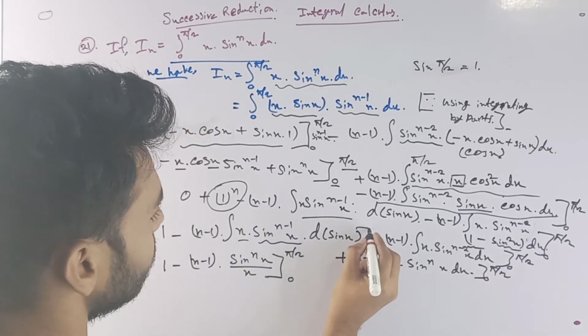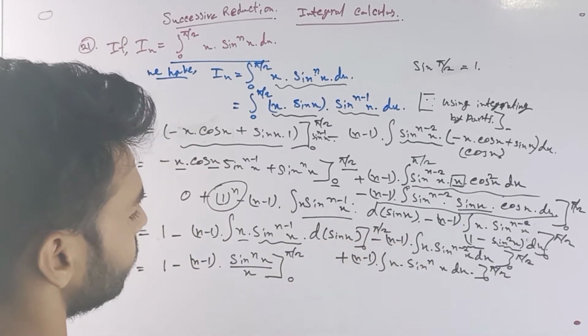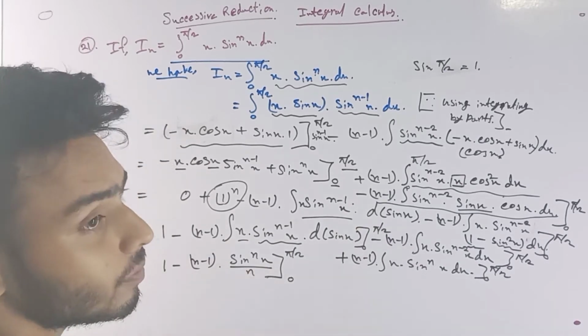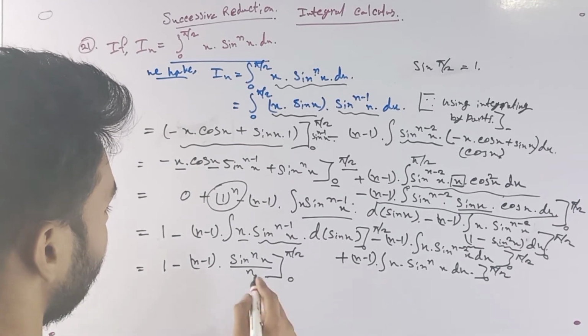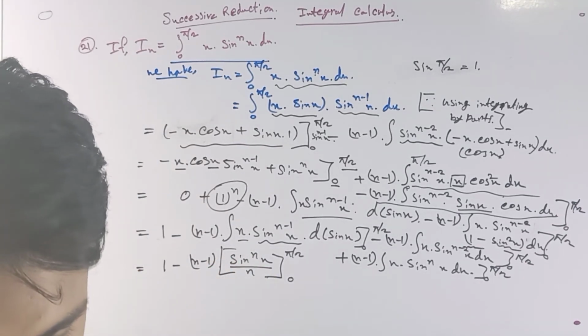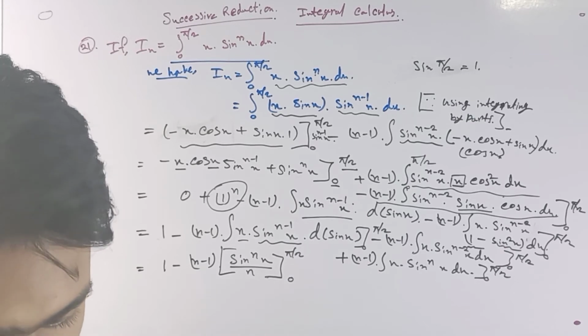And now it's not x, it's also n, that's the limit of 0 to pi by 2 of sin to the power n x by n, that equals